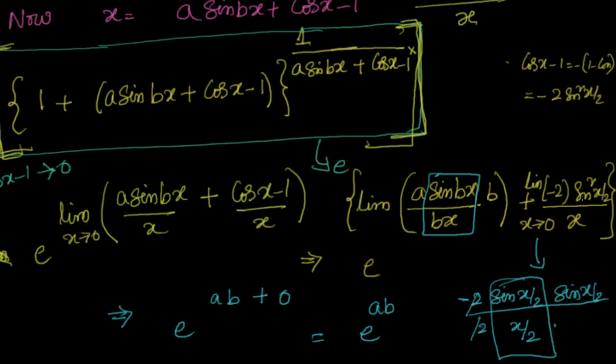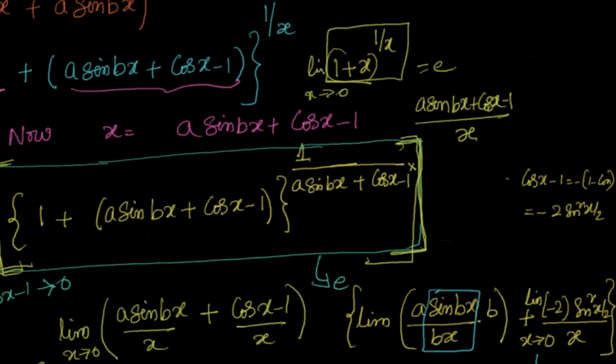Now you can ask me, why can't you do it here only, why have we come here? Because 0 by 0 is an indeterminate form, so you have to convert that. Now you see in the denominator I don't have, and I am just going by numerator x equal to 0, I am telling that it's a 0. But in the denominator you can see very clearly there is nothing, it's 1. Because 2 cancels, sin x by 2 by x by 2 is 1. So you are left with 1 there. So whenever, even if I haven't cancelled and I just said this is equal to 0 also, please make sure that your denominator is completely taken care of whenever you are simplifying. So that's how we can see that the solution for this problem is e power ab.